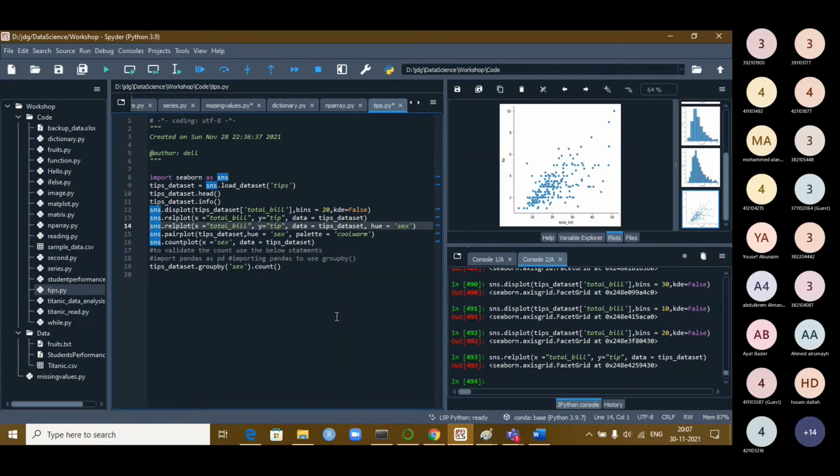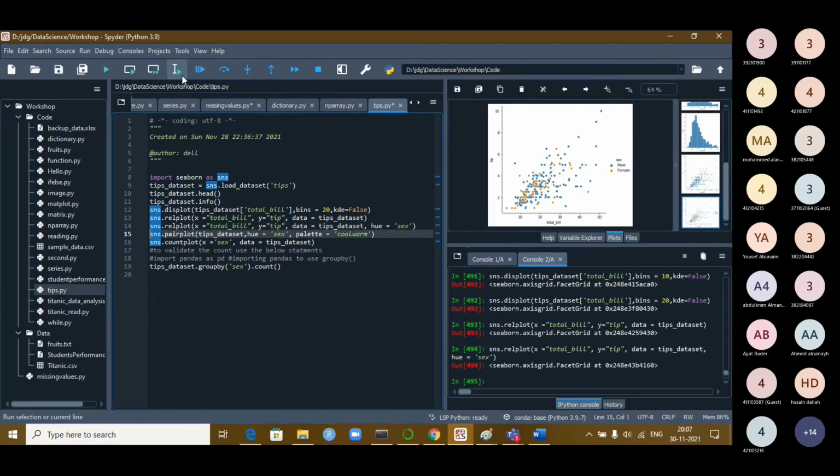So let us try to draw the graph here. This is a plot of tip versus total bill from the tips data set, having sex as your hue color. Who gave the maximum tip from the graph? You can observe that this male group has given the maximum tip of $10 when the bill amount was $50. This is what you are trying to look at.